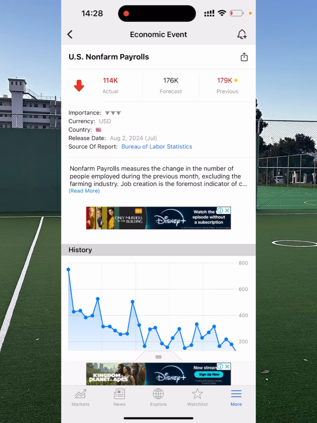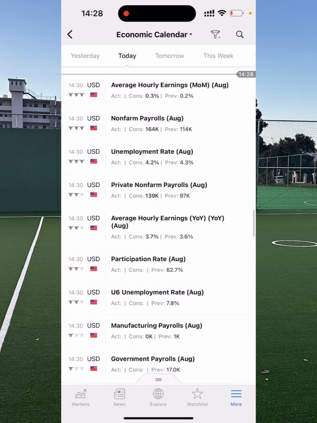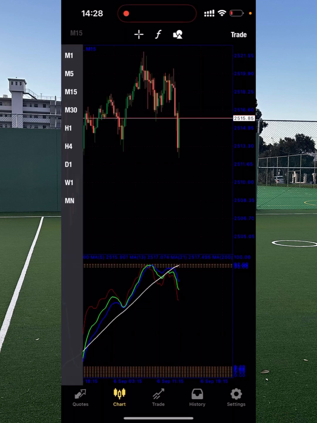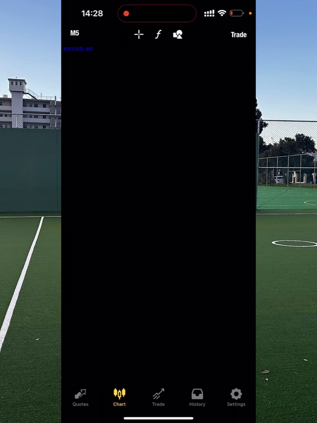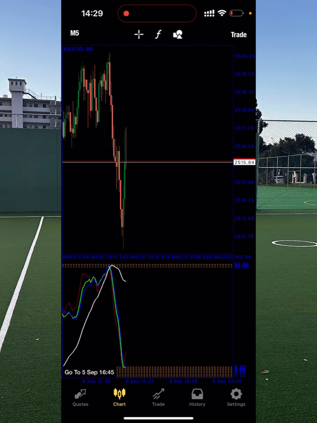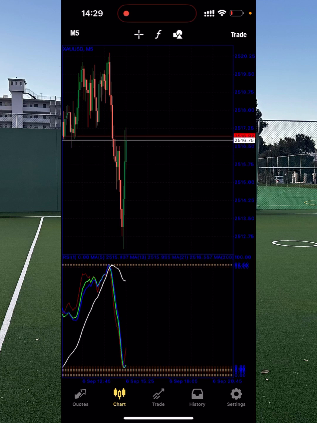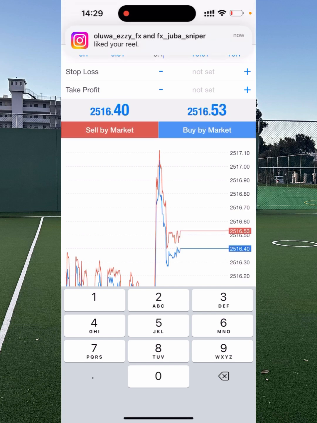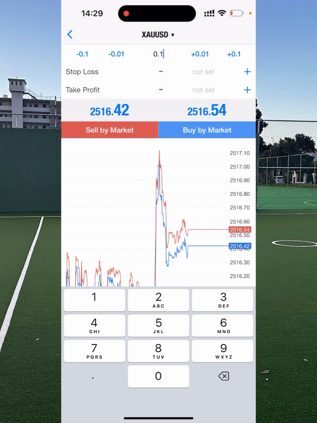As we speak, I already see that actual is lower than previous, so now I already know the direction of the news. So we're gonna sell USD currency, and we're gonna buy gold as we speak. So I'm gonna switch to 5 minutes. As you can see, guys, the mobile strategy that we're using says that it's time to buy the currency. So let's go. I'm gonna risk the account. I'm gonna use just one lot.